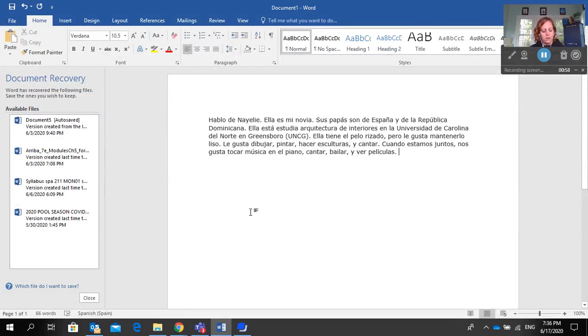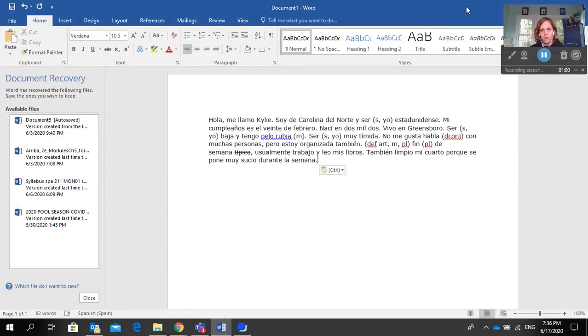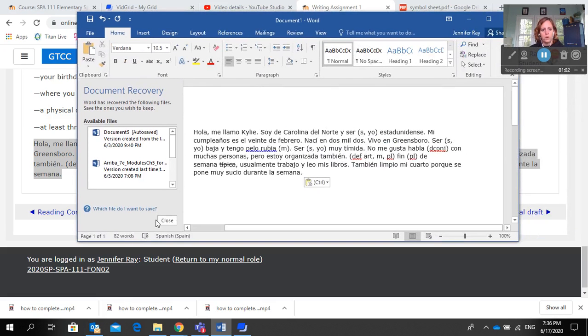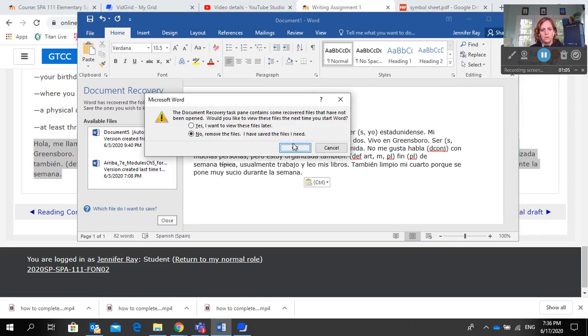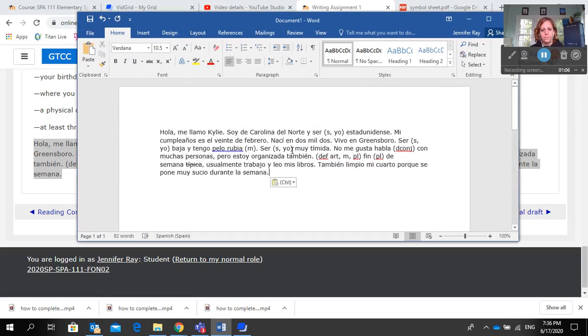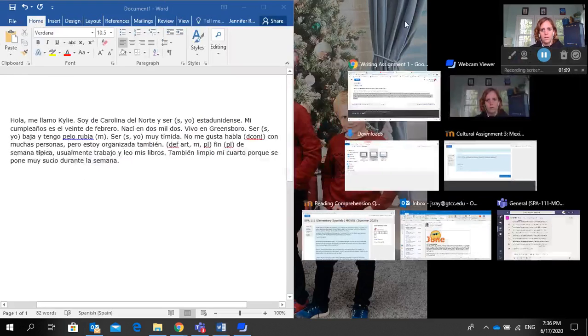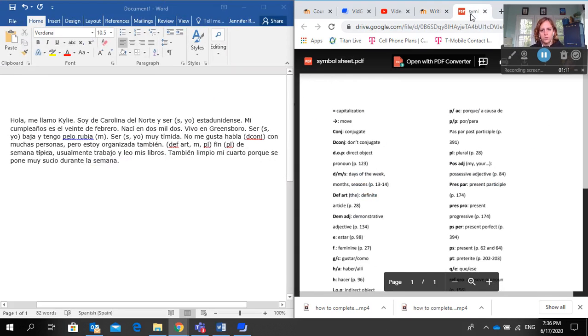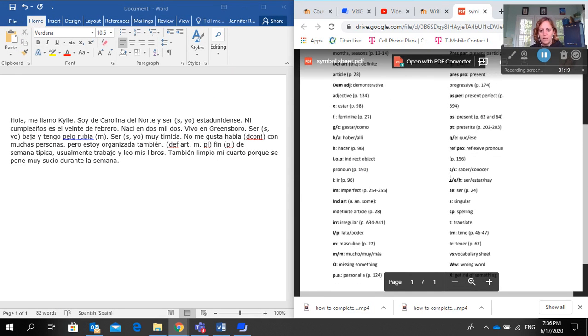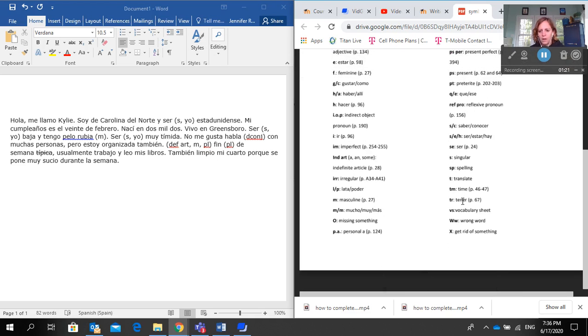So I'm going to go out here and I'm going to paste it into Word, or you could put it somewhere else. Let me close that. And I'm going to pull up that symbol sheet. So there it is over on the side. So for example, here it says ser and it says baja. So that S tells me that